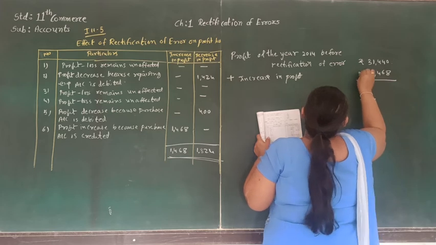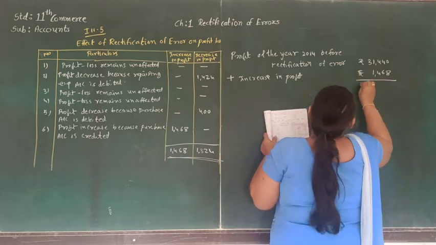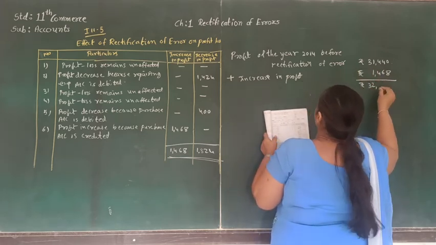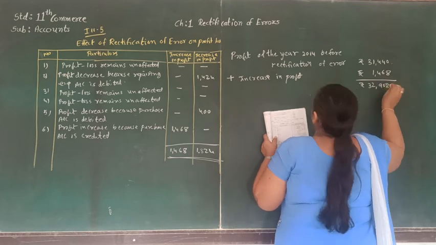So here total profit before decrease will be 32,908, and then